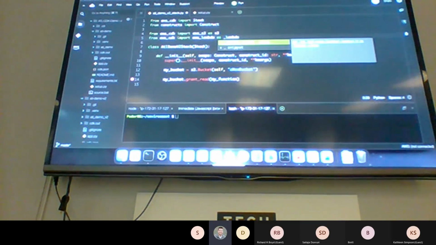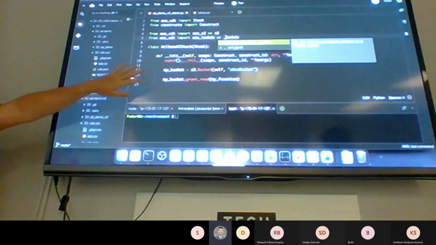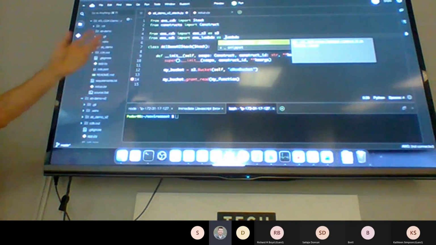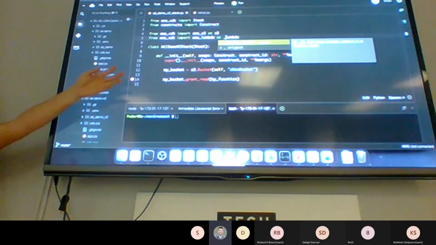So what CDK does is it takes this representation. It's easy to think about. You can see it. It's kind of easy to reason about what's happening here. We're creating a bucket, and we're granting some read access to it. And it transforms this from a people-friendly version to a CloudFormation-friendly version. And it does that locally on your machine through JSII and through the CDK.